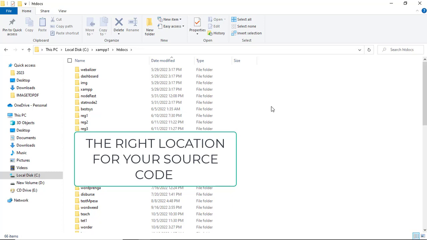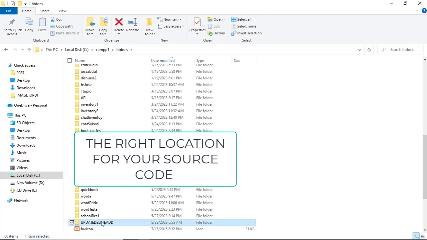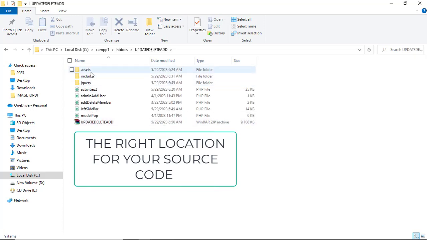Extract it here, and you will get the folder written like this: update delete add. Or you can create a folder by yourself, call it update delete add, and drop that zipped file here, extract it here,